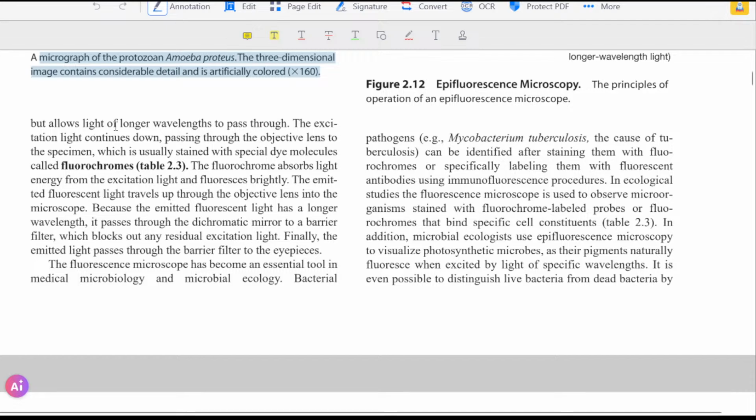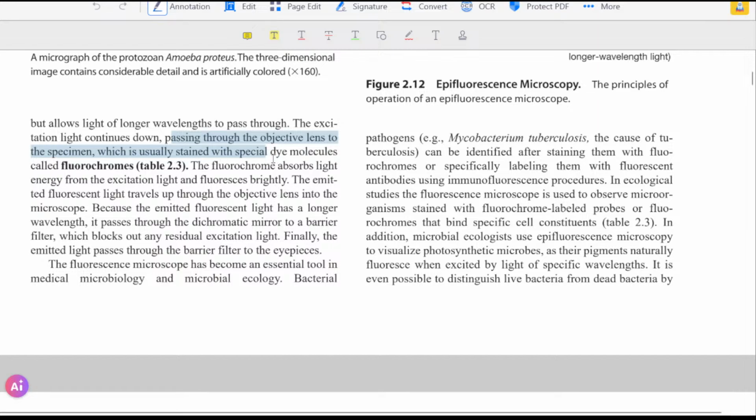So, the excitation light continues down, passing through the, alright. So about the dichromatic mirrors, it looks like they are a type of mirror that reflects only the shorter wavelength light, and they act as a refractor. They allow the longer wavelength light to pass through them. So it acts like a refractor for the longer wavelengths and as a reflector for the shorter wavelengths. This is cool. So the excitation light continues down, passing through the objective lens to the specimen,